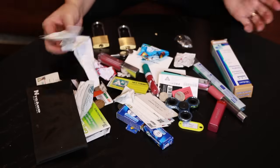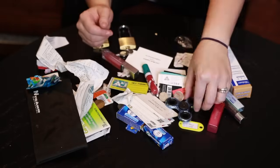So the thing about donating purses is before you actually donate them, you have to clean them out. Does your purse look like this? Is your purse just filled with junk? I don't know why I do this. You know, I shove receipts, and my kids are like, Mom, I'm done with this, and they give me the garbage, and it's filled with absolute garbage. Like, why do I have a sticky...